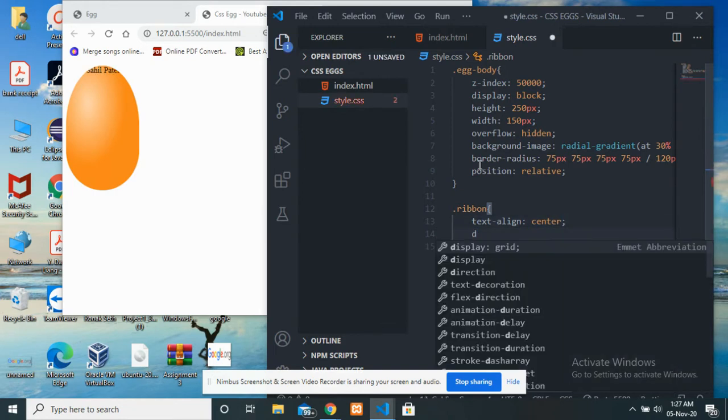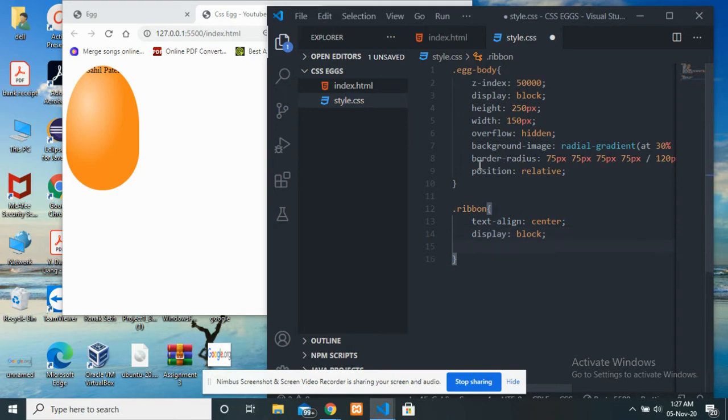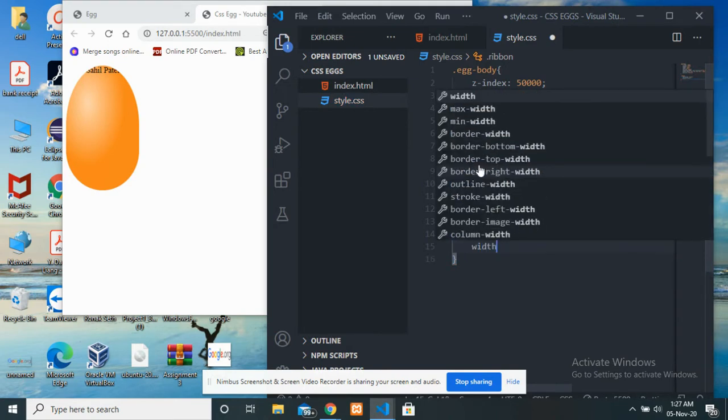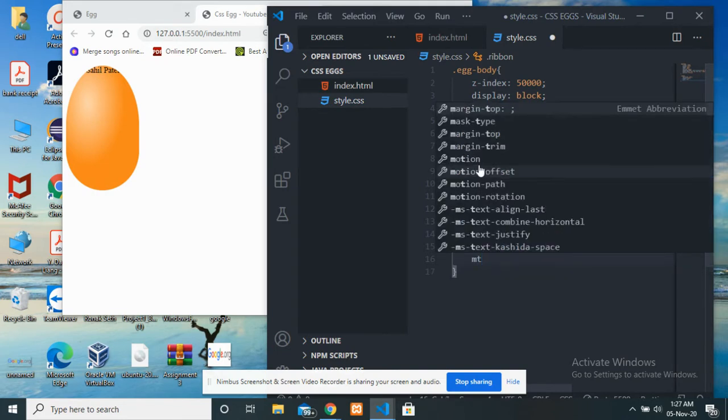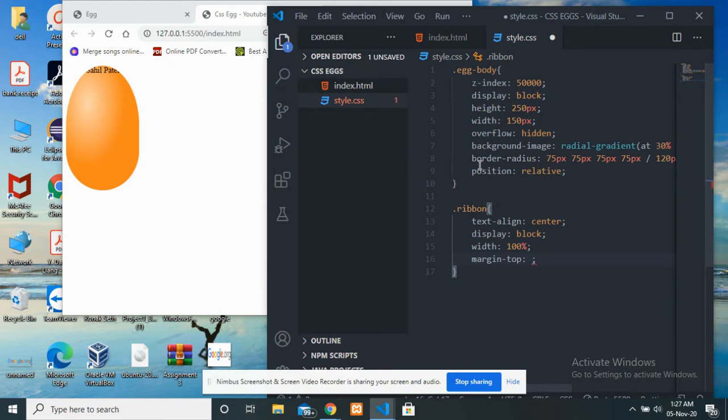Then display block. Then I want to give width of 100 percentage. Then margin top of 35 pixel, and I'll just give a background